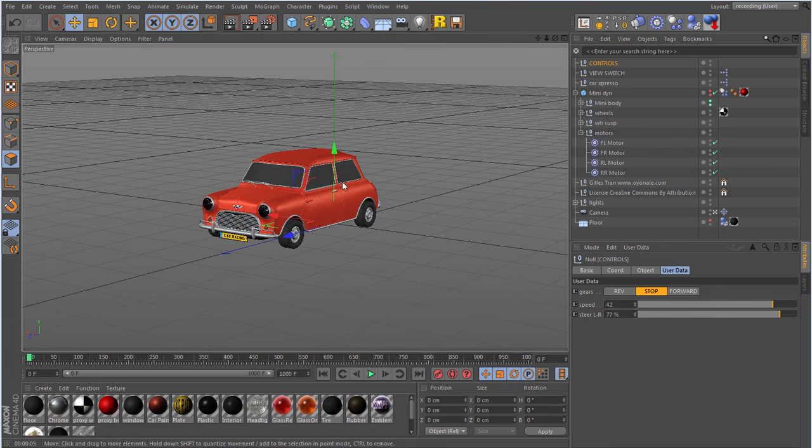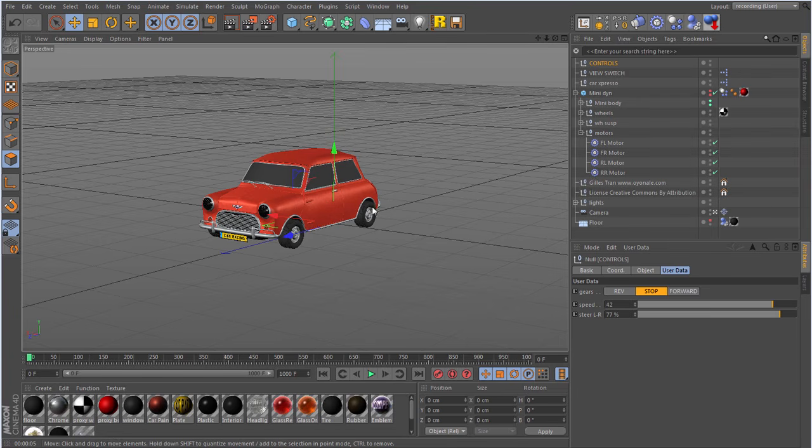Hi guys, I thought I'd make some videos about the expresso techniques that I use in Cinema 4D to control dynamic cars and trucks, and I'll also be showing you where you can go to get some free or reasonably priced cars and trucks that you can use to animate in your movies. Okay, well this is a free model and it's a Mini Cooper and it's Creative Commons license, which means you can use it in any of your scenes as long as you give credit to the artist.